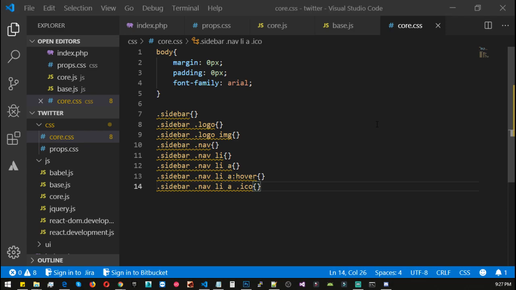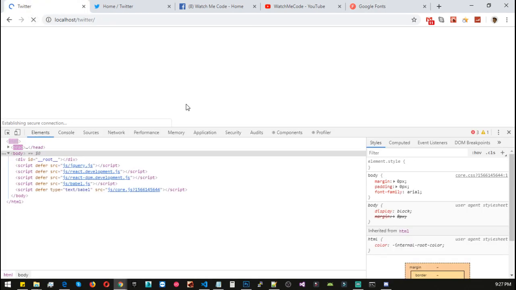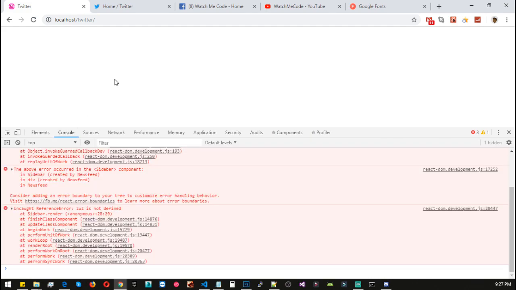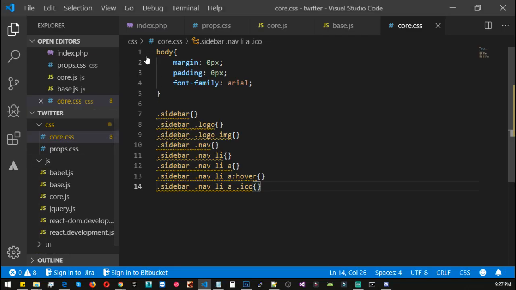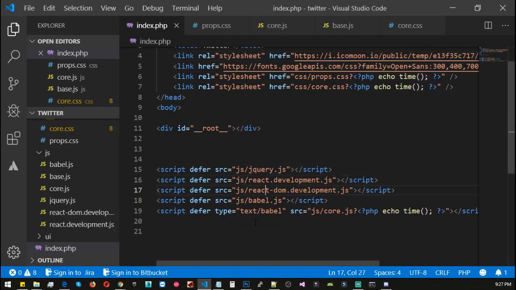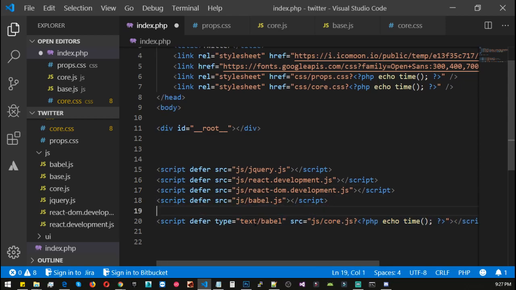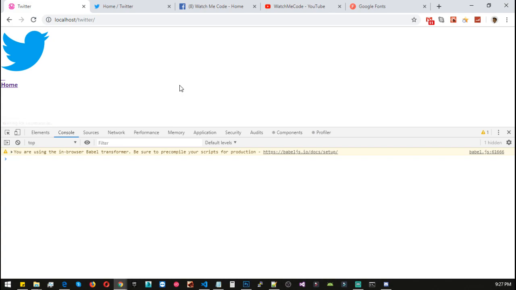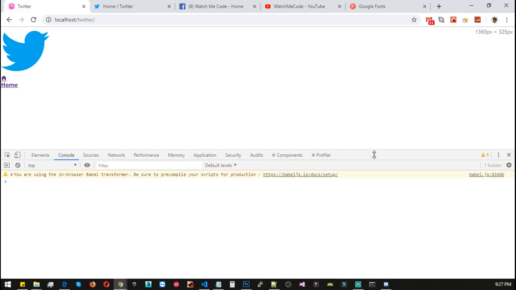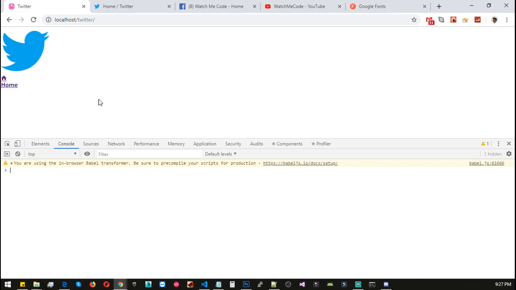Great, let's save it. Quickly go back to our localhost and reload, and we have a couple of errors. That is reference errors. This is not defined, of course, because we have not included base.js inside our index base. Great, let's save it, go back to localhost and reload. Ta-da! We have our sidebar, but we need to add CSS for